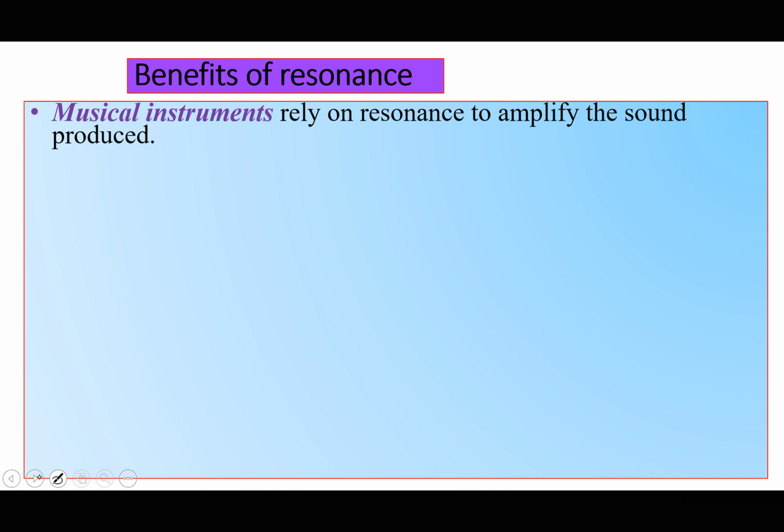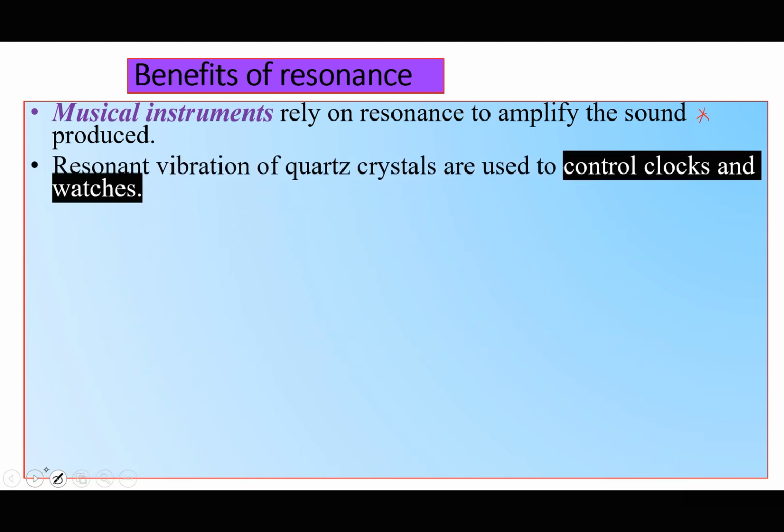I've mentioned wind instruments where you have to blow air to make the air which is already inside resonate. I've talked about stringed instruments like guitars, which have a hollow wooden box with a hole under the strings, which act also in a similar way. And to amplify all notes from all of the strings, the sounding box has to be a complex shape so that it resonates at many different frequencies. So musical instruments rely on resonance. I don't expect any student to write this as an answer in an exam. It is really very light because there are better applications of resonance, such as